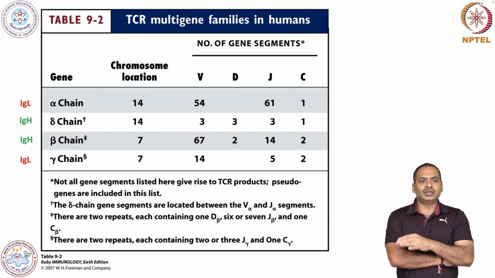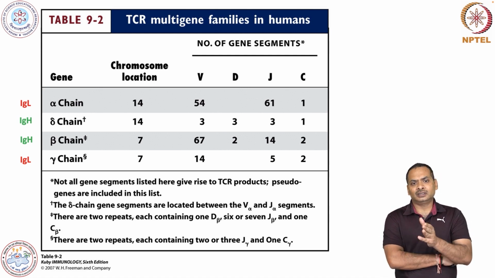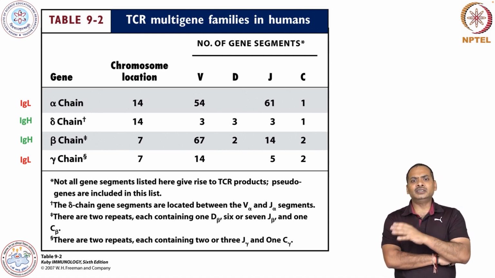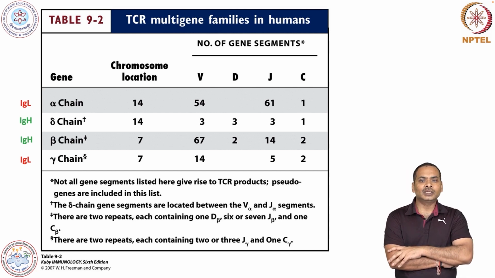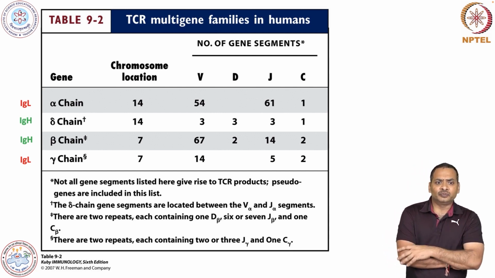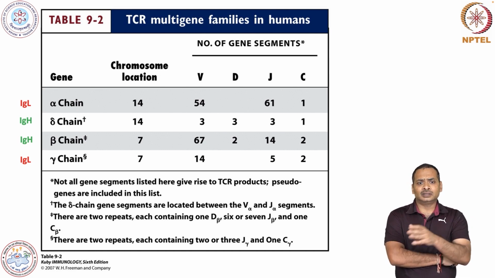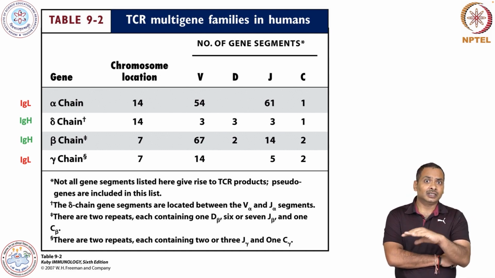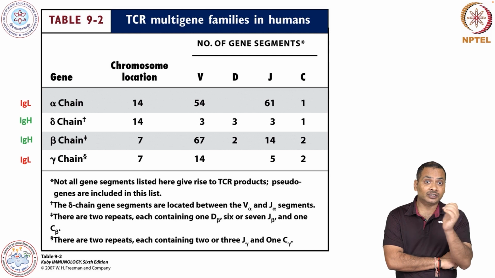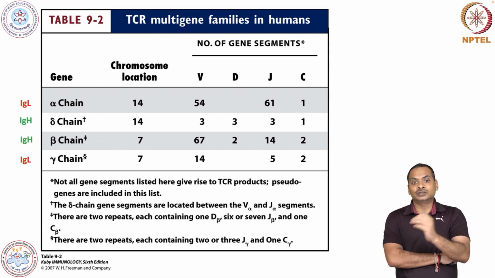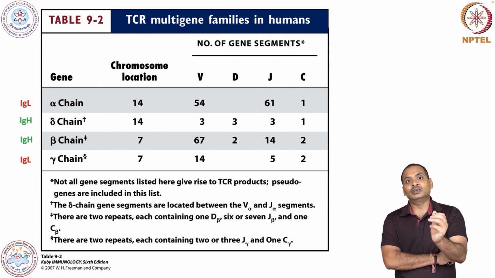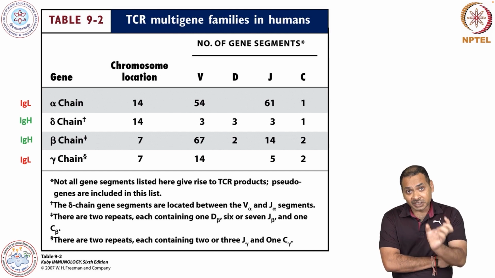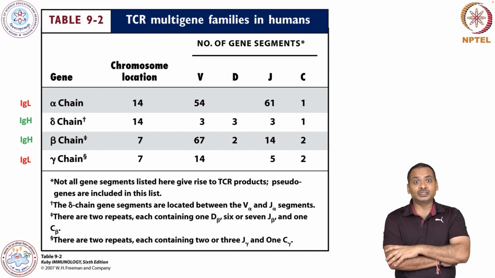So similarly, the alpha chain has only V and J, and one constant region. In the case of beta, you can see that there is a VDJ. It is the same as the heavy chain of an antibody. Here you can see that there are a lot of variable gene segments, about 67,